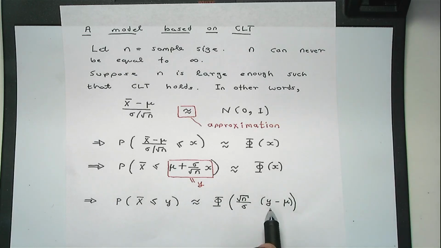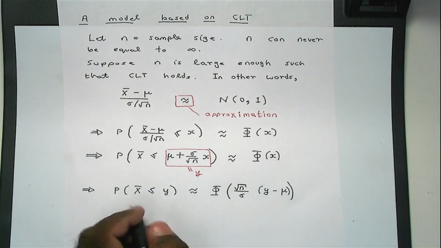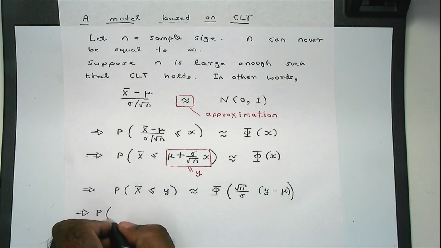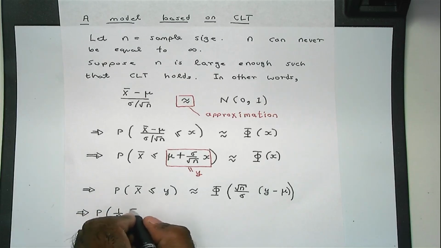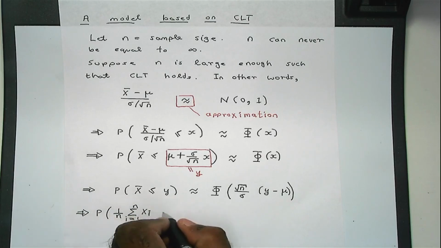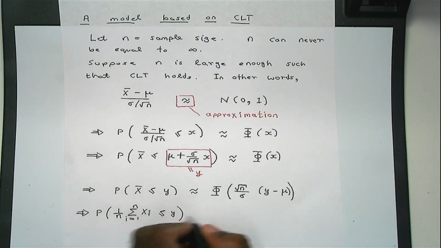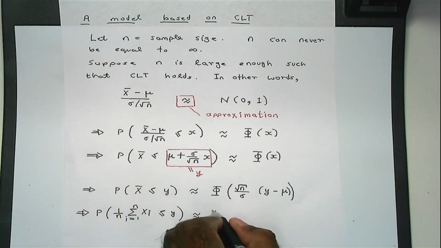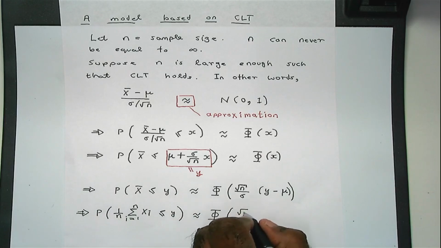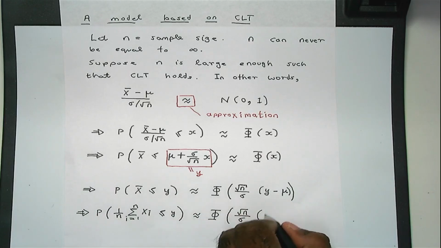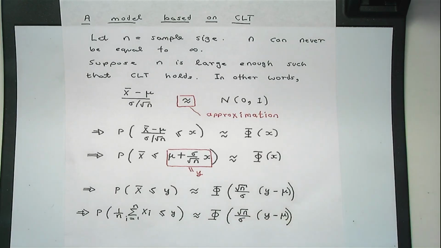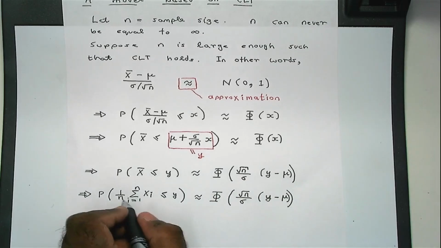Now, let me write x bar as 1 over n times the sum of xi, less than or equal to y, approximately equal to phi. Now I'm going to bring n to this side, so this becomes